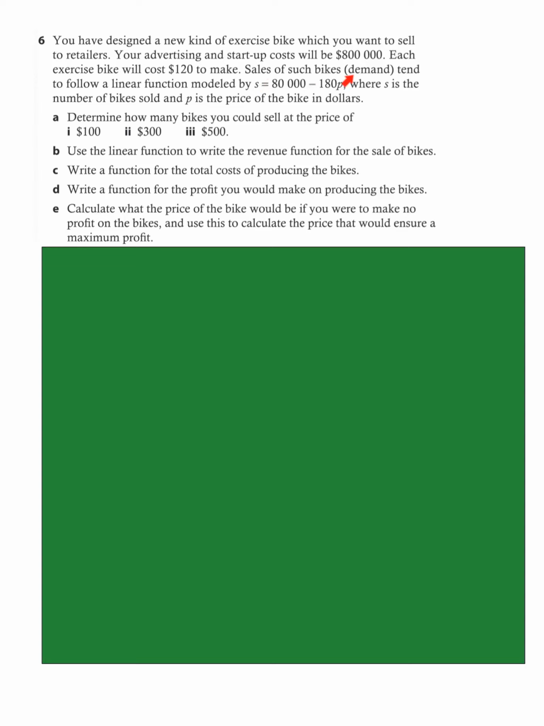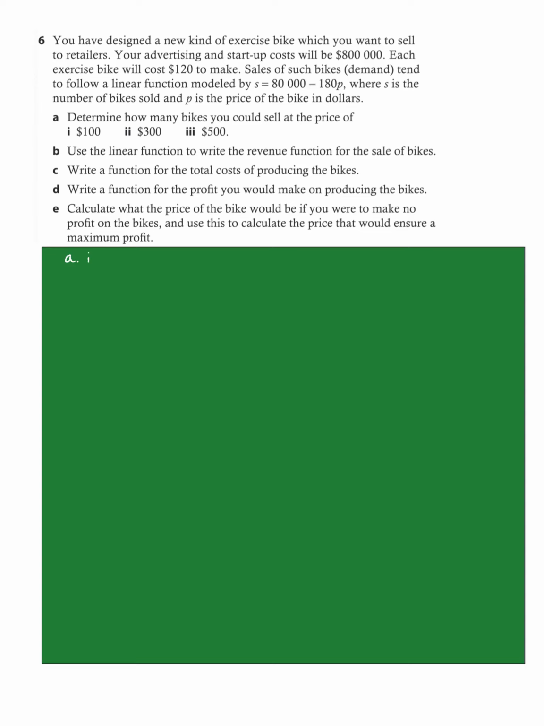Sales of such bikes, demand, tend to follow a linear function modeled by S equals 80,000 minus 180p, where S is the number of bikes sold and P is the price of the bike in dollars. A, determine how many bikes you could sell at the price of. Now let's have a look at those. A,